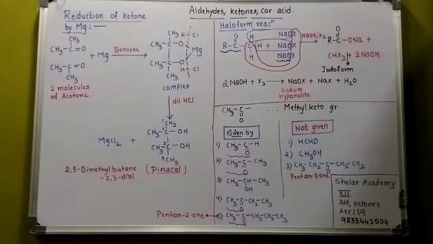I think it is clear. The reaction is also given by butanone because it directly contains the CH3CO group. The reaction is given by pentan-2-ol. So all these reagents will give a positive iodoform reaction. Next, the reaction is not given by formaldehyde, not given by methanol, not given by pentan-3-ol.